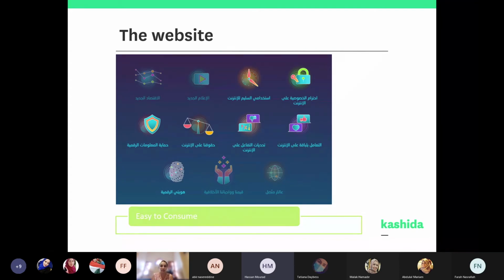And these are the categories that we identified, so that we don't miss out on anything, because there are buzzwords or moments where the focus is on cyberbullying or the focus is on cybersecurity, but then we miss out on our cyber identity, or we miss out on new technologies and new economy. So this is why we structured the learning material into these 11 categories.